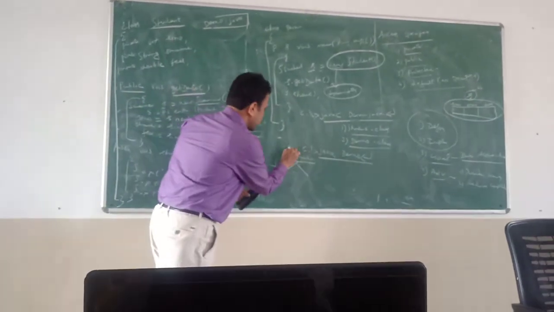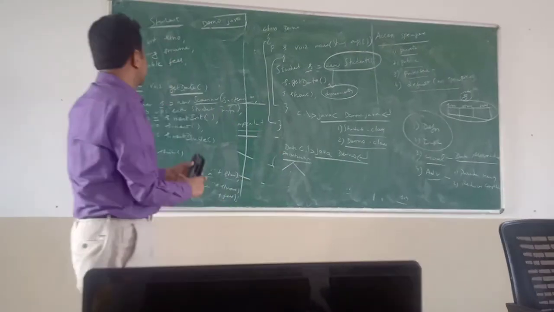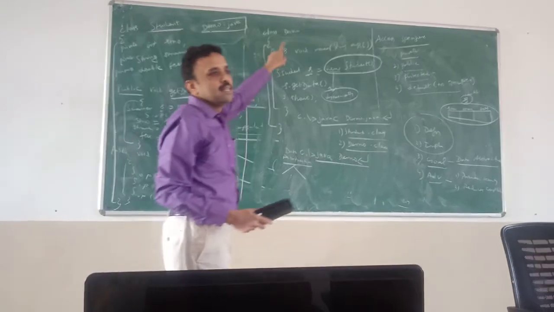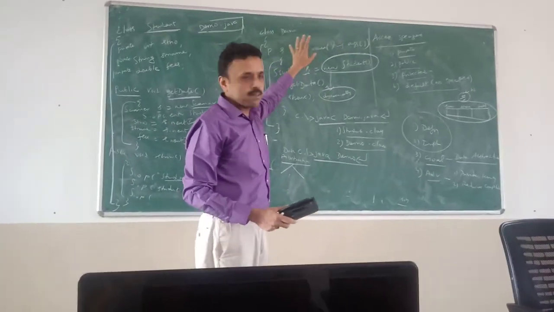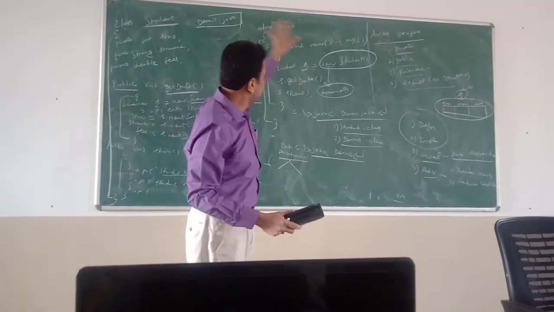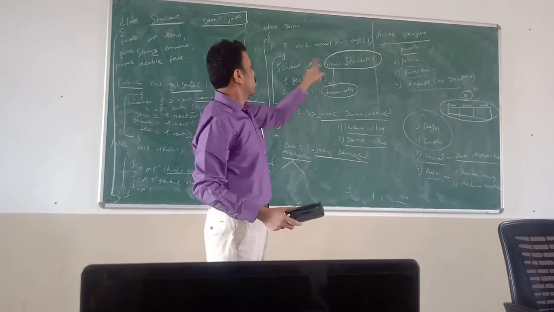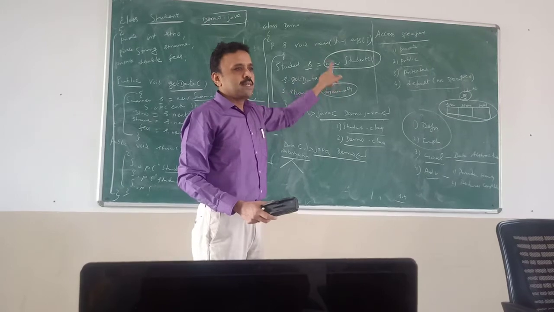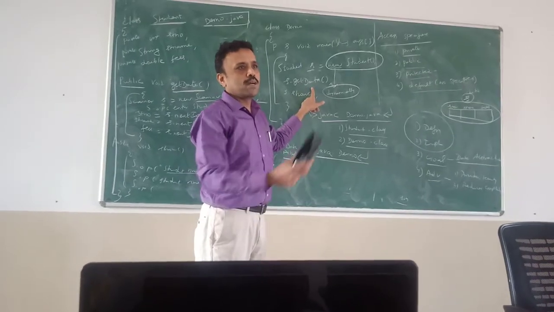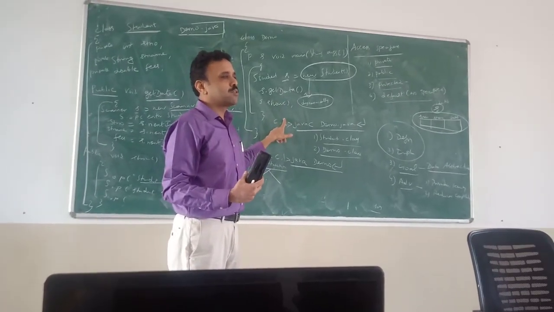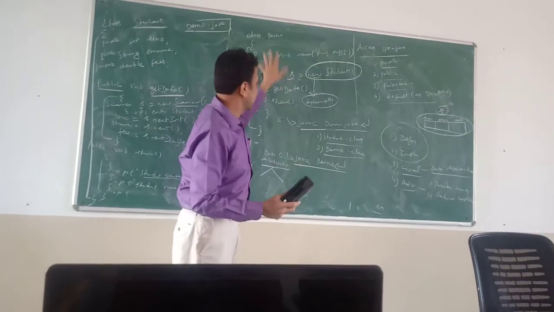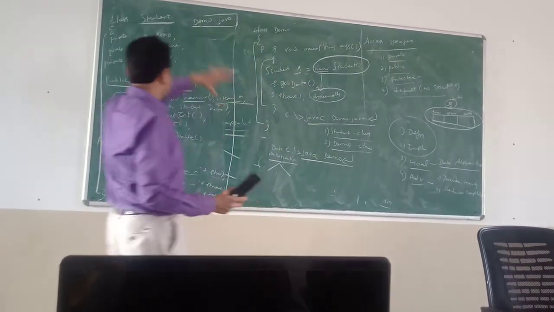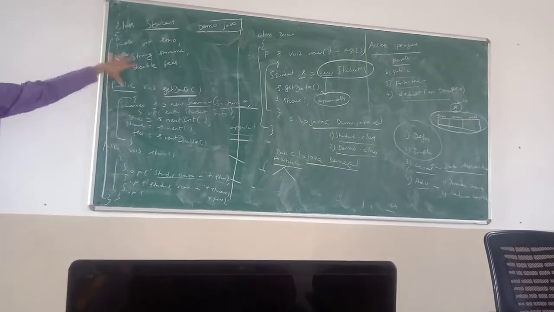So what is the data abstraction here? I already told you, the class programmer is different, and the object creator is different. Now what will the object creator know? How to create an object for student. He understands only three things: how to create, how to invoke this method to get the data, and how to invoke this method to show the data. That's all. It is something like the Ramayana story in 3 lines. But the actual complexity is here.